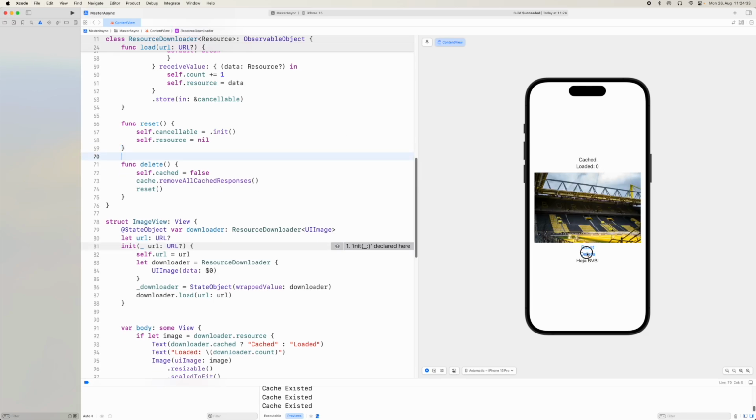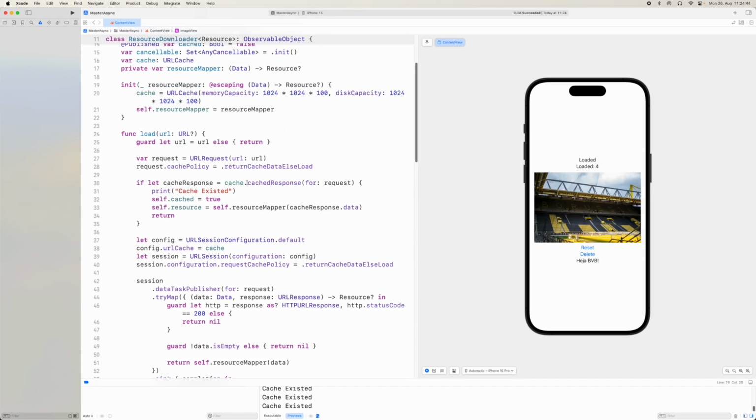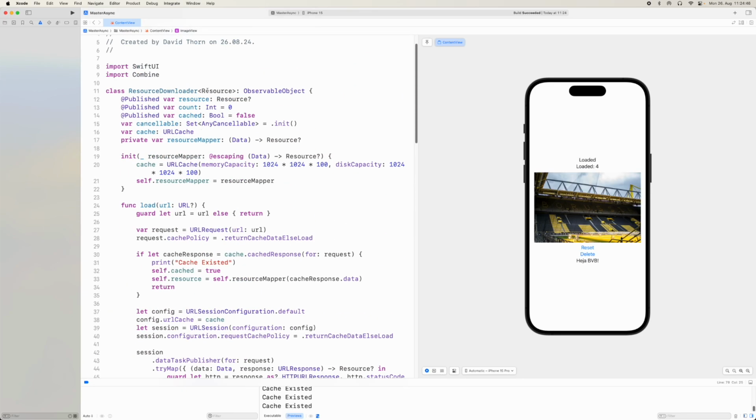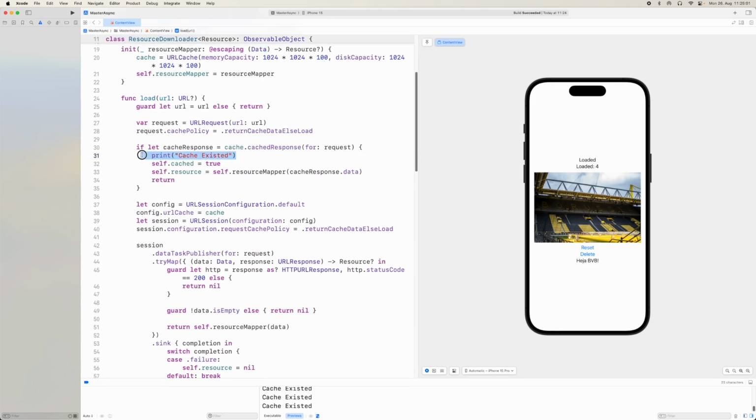It's annoying me here because we want to do deletes. We go 1 and 2 and see how many times we do this request, and we reset it and so on. So this now allows us to, the resource downloader now doesn't care what resource this one is, right? It just says, hey, when I get some data, I'm going to call this one resource mapper, and you just give me a resource, right? That's all I care about. And let's just get rid of this